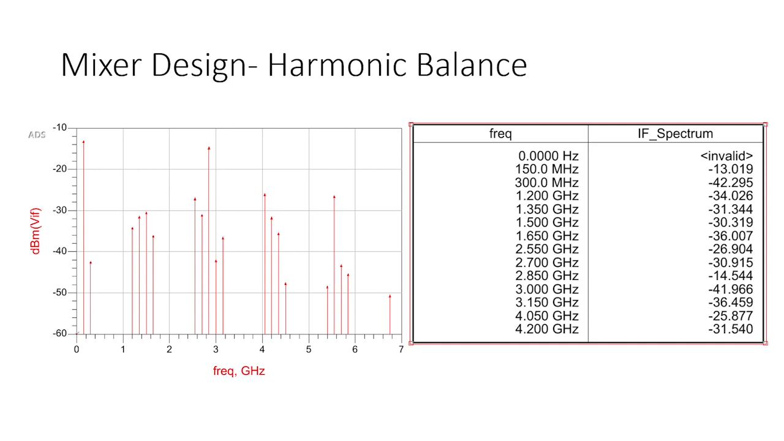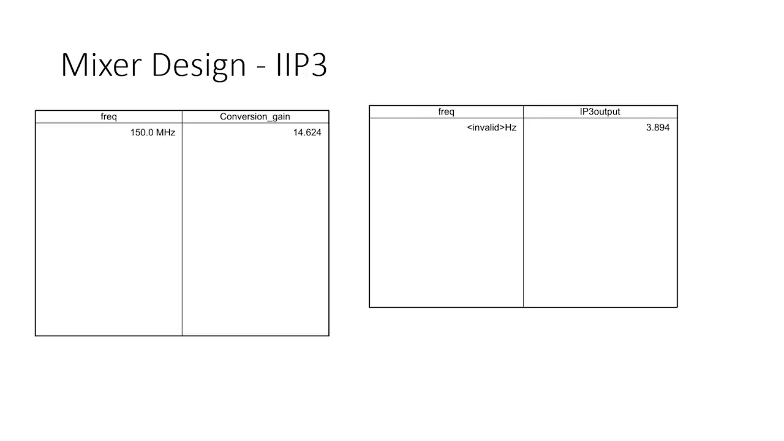Here's the harmonic balance simulation. The largest frequency components are 150 MHz and 2.85 GHz, and the other frequency components are very low compared to these two. And the IP3 output is 3.894 under the bias condition, which provides us with